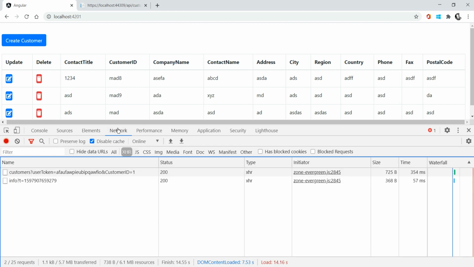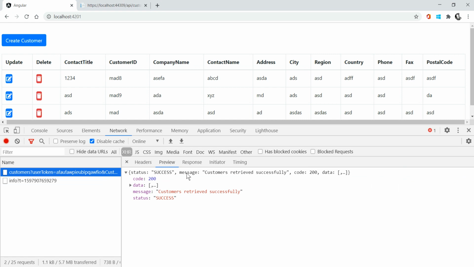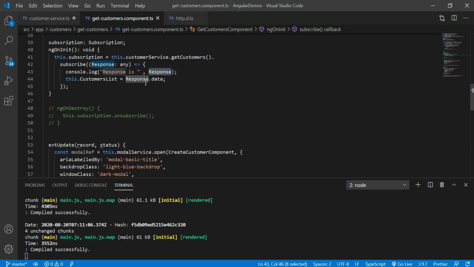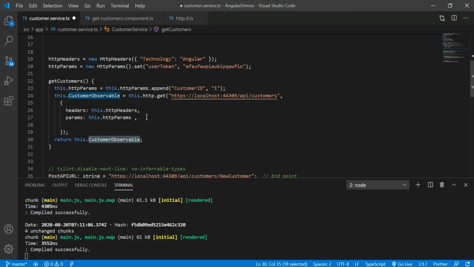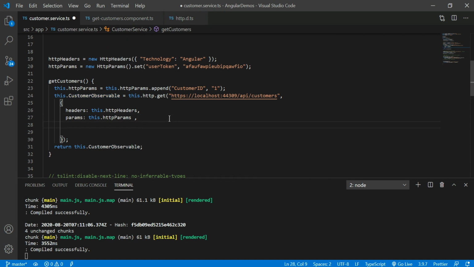As usual, once I get the data from the response, I take this format and apply it to the subscribe method. In between, I wanted to change it from JSON format to text format. So how do we change that? By using responseType I can change that. responseType is equal to text.